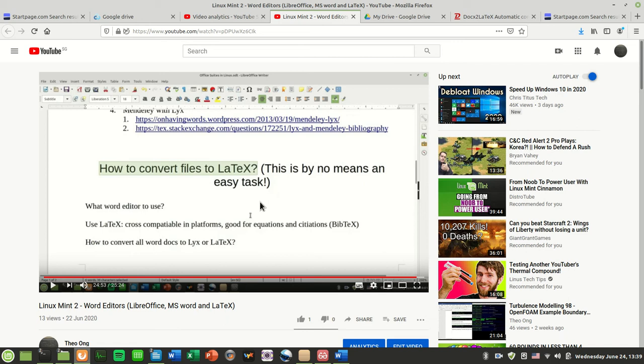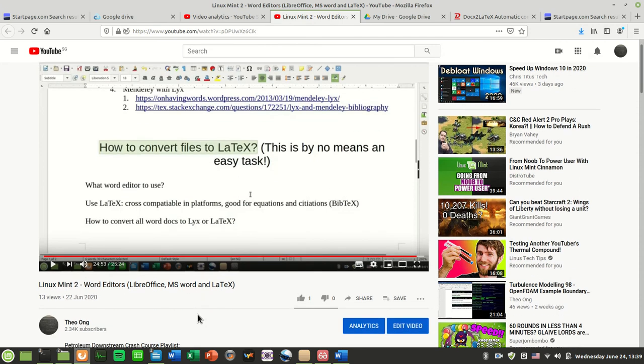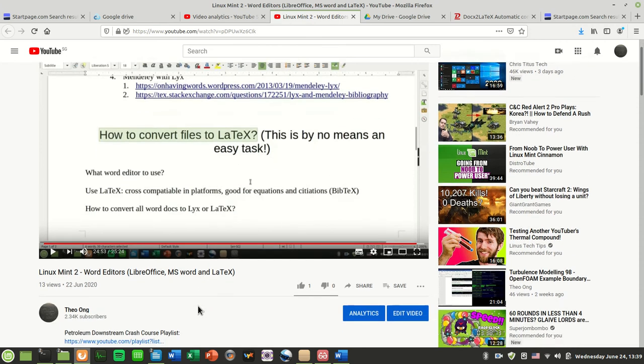how the conversion process works, let's say, going from a Word document to maybe a LaTeX document. So that's what I promised in the last video, and actually if you know the stuff in my last video,